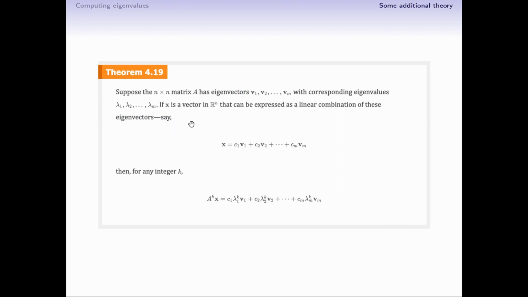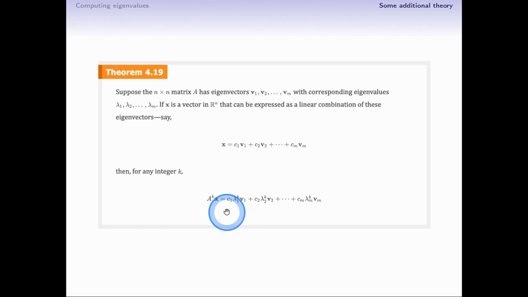If x is a vector in Rn that can be expressed as a linear combination of these eigenvectors, so let's say that x can be expressed as c1 times v1 plus c2 times v2 on out to c sub m times v sub m,